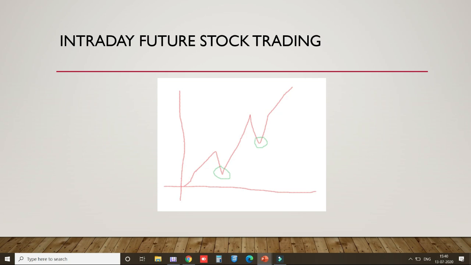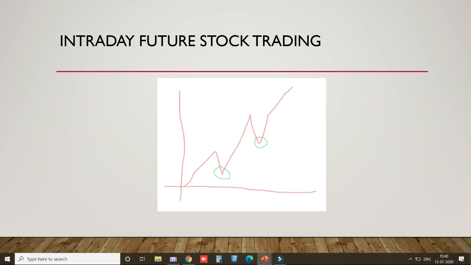So let's say how it works. Over here I put that graph. In that graph, if it is bullish and going in an upward direction, then if the market is going upward, some retracement is there. After the retracement, it gets a second chance on the upward side, again some retracement, and then goes in an upward direction. If it is a stock or index going that way in an intraday.